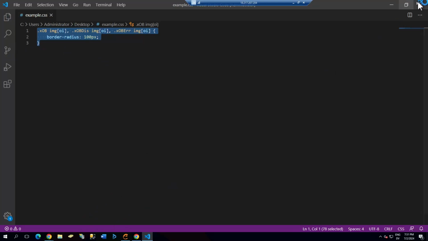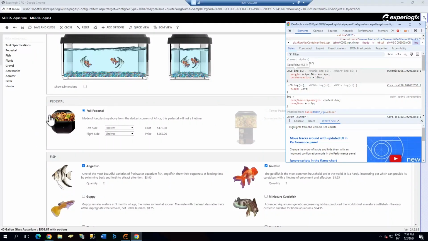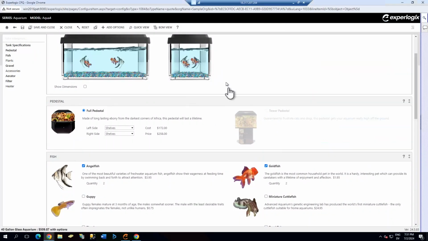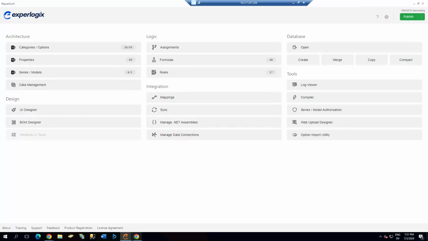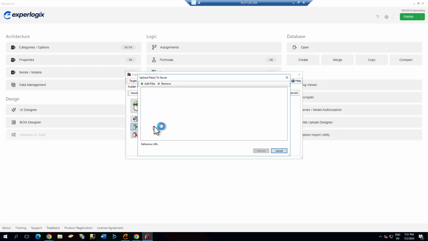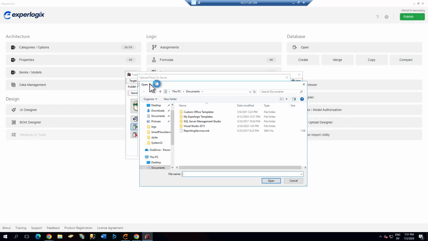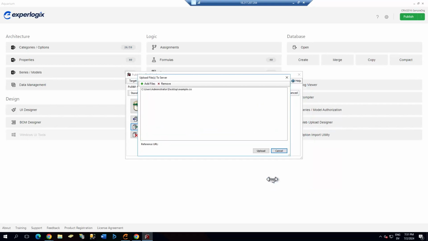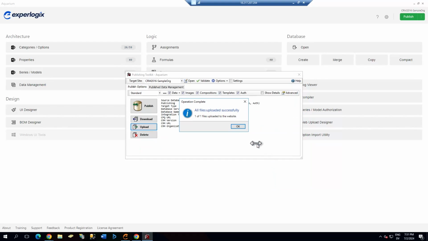Now what do I do with this? Well, if I want to make this change, I'm going to go ahead and upload it. So I'm going to open my publishing toolkit in my design center here, and I'm going to upload files to server. I'm going to go find this file. Now I put it on my desktop here, this example CSS file. Let's go ahead and open that. And when I upload it,